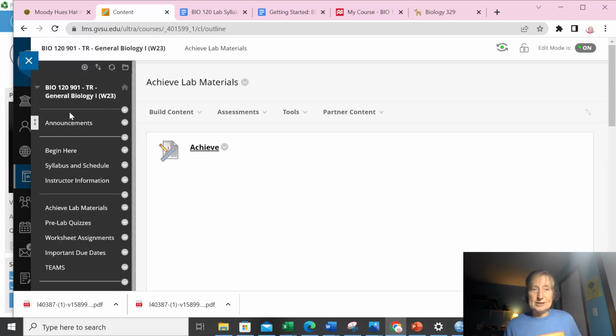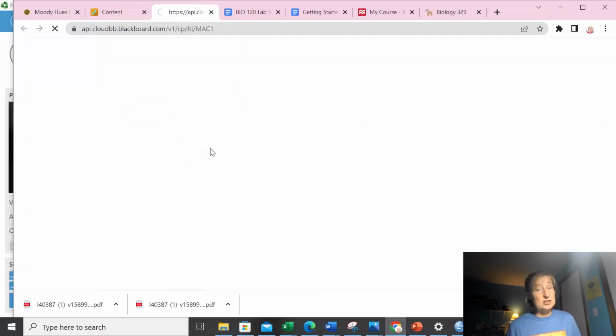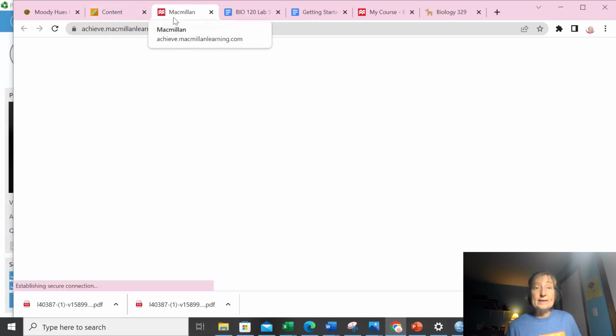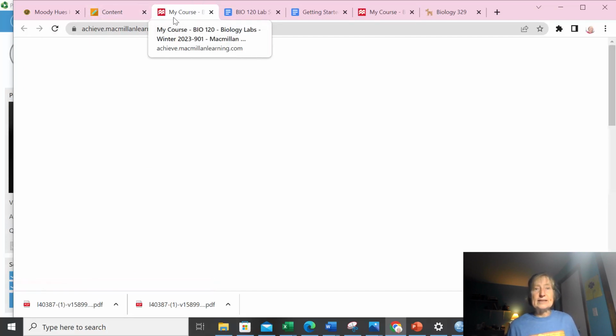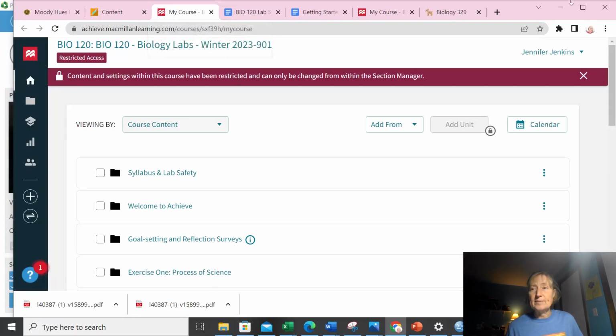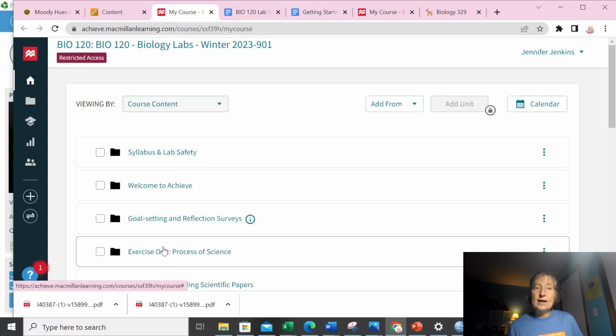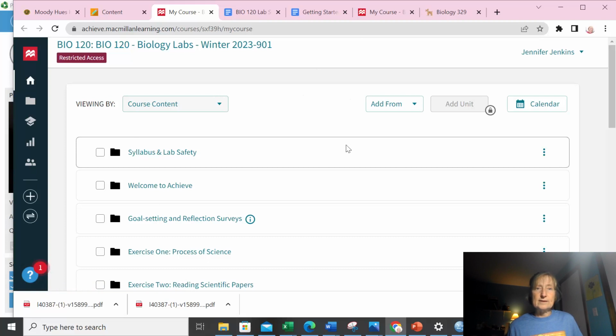I hope this works. Last semester it didn't work, but you should be able to just click on it and a new window will open up in Macmillan. Macmillan is the delivery system we're using for this lab manual. I'm going to cut that window out. And then once you're on this